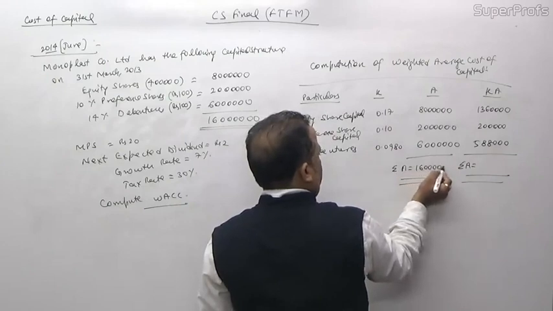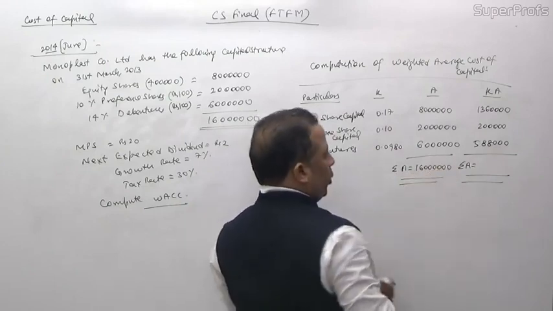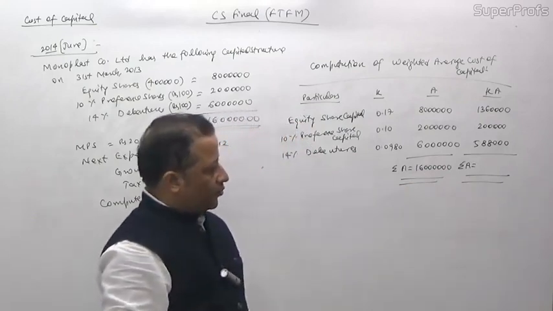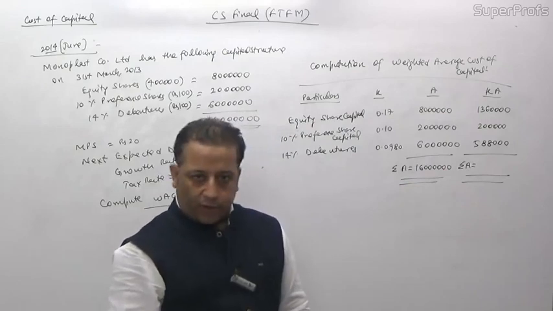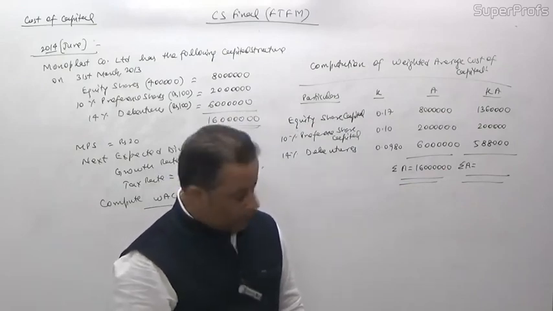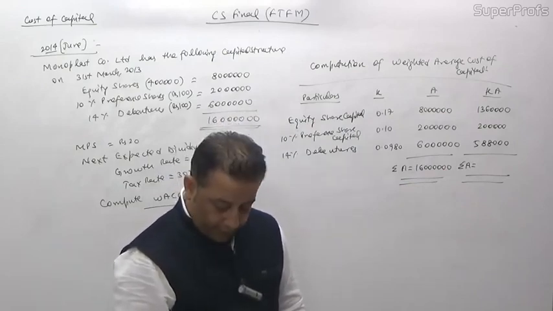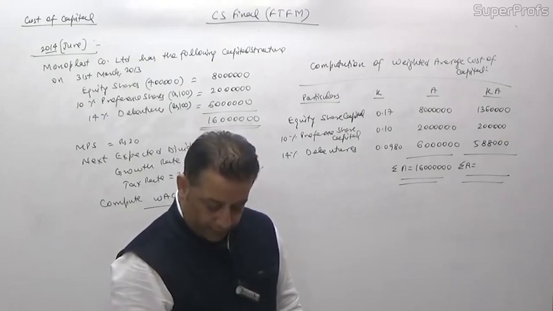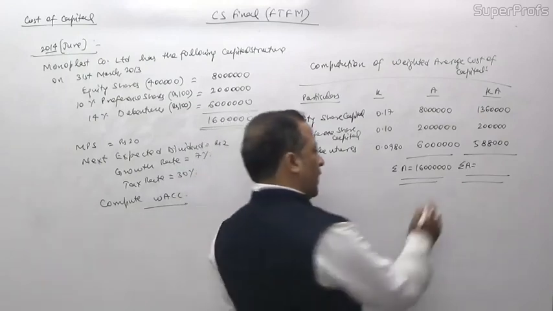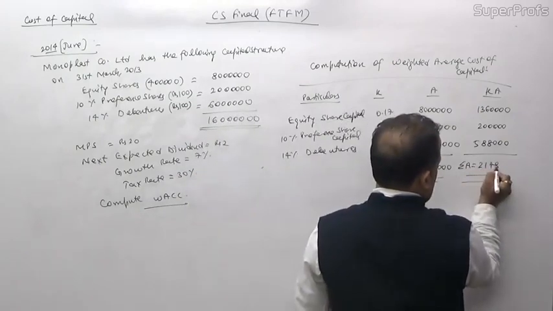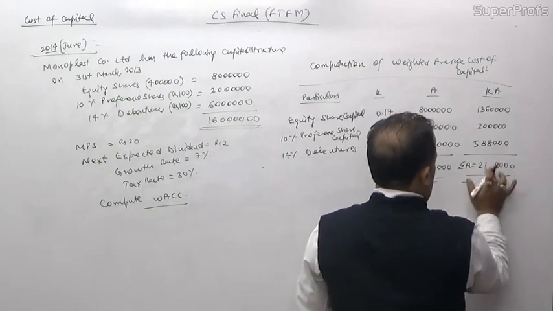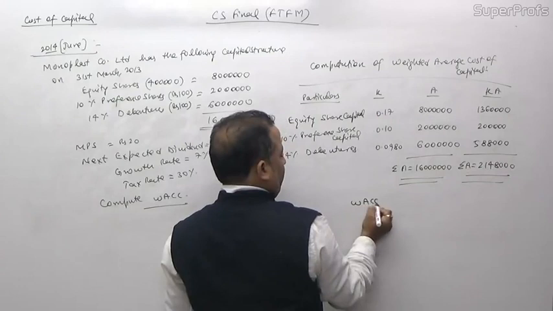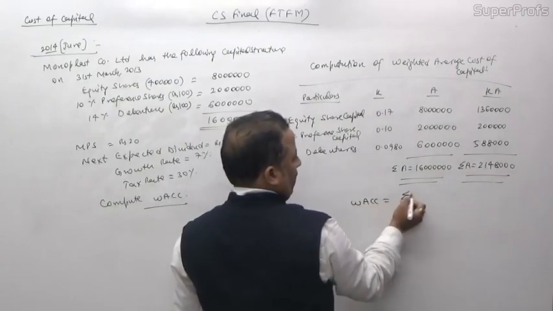One crore 60 lakh is the total amount of capital. 13,60,000 plus 2,00,000 plus 5,88,000 is 21,48,000. So the weighted average cost of capital is sigma KA